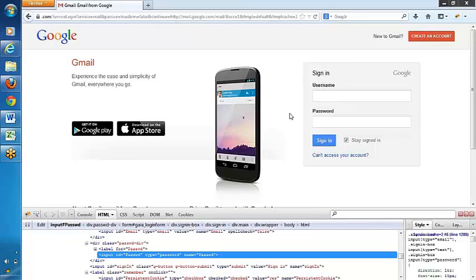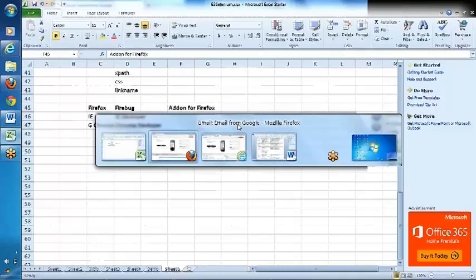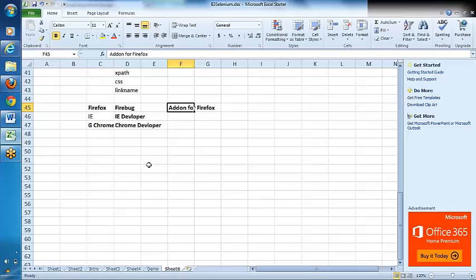Yeah, Amrita, as I said, we have to install this add-on. You don't find that built in. You need to install that. You can download this add-on in Google. Okay. Any other questions here? So as I said, if it is Internet Explorer, this is the process that we can follow here. And similarly, if it is Google Chrome,